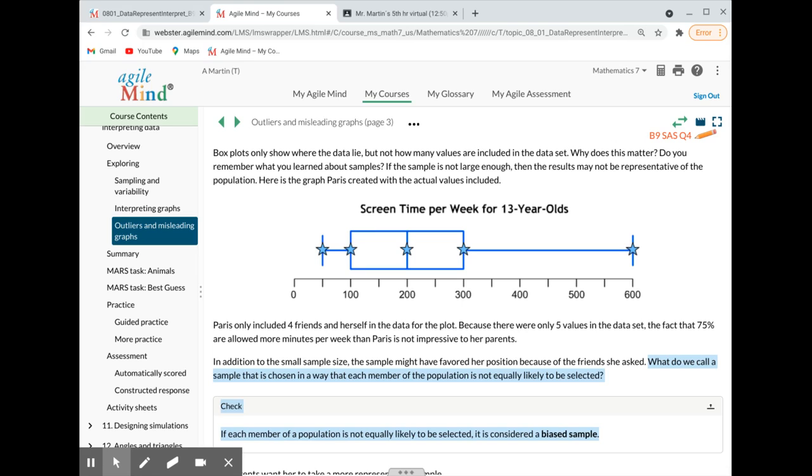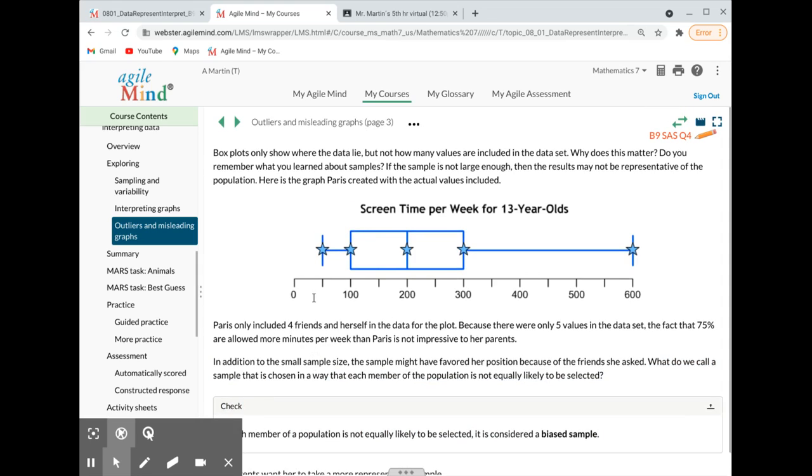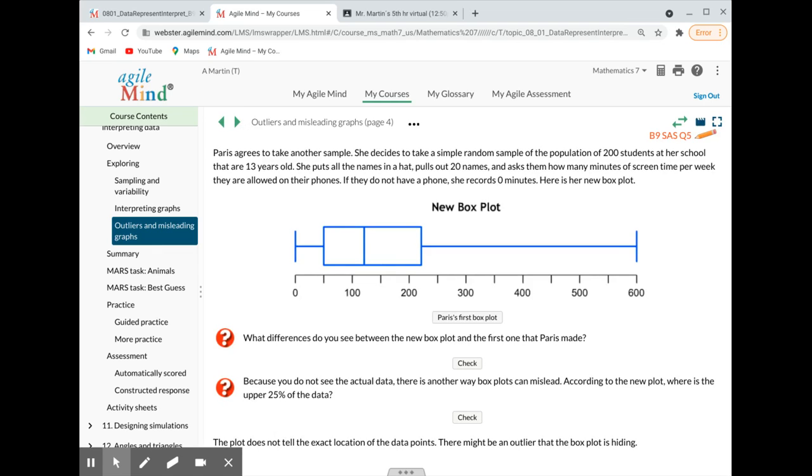Miss Angel, we're on page 343 in our workbook. We are on our topic 10, block 9 assignment. And we are learning today about misleading graphs. So we're starting with box plots and then we're going to get into histograms. All right. Thank you. So looking at the next page,